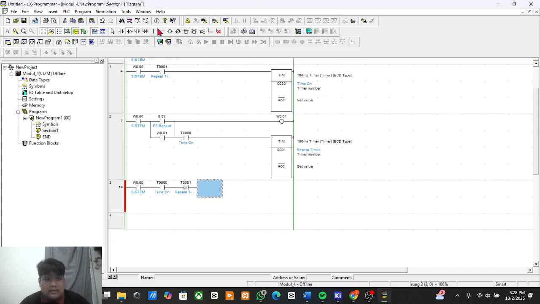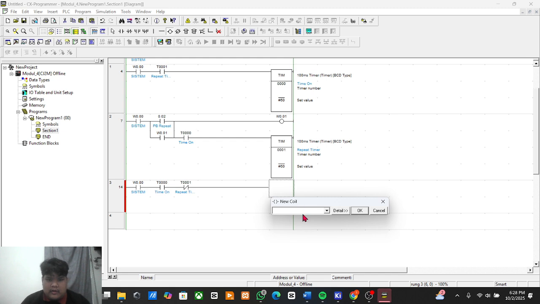Then we just add a new horizontal line and a new coil here. The address of the solenoid, or the output, is 100.00.